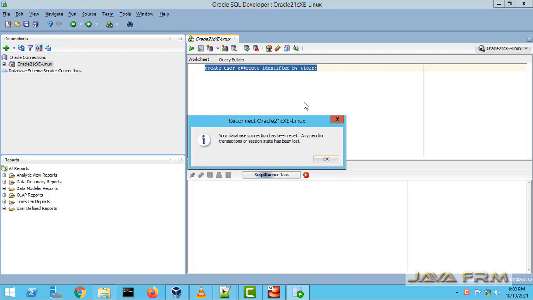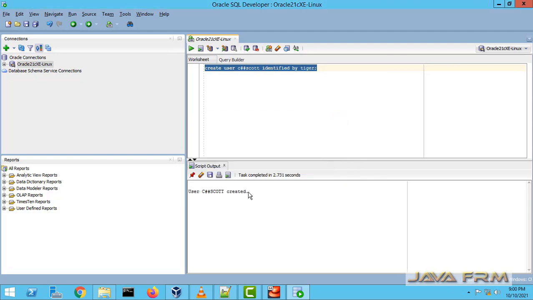So this is the SQL query used to create a user. You can see that user C##SCOTT got created. Next I am going to grant some privileges.